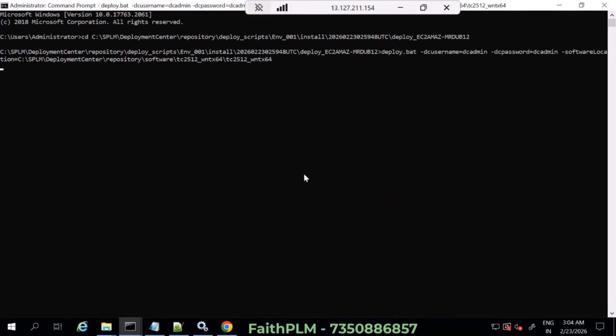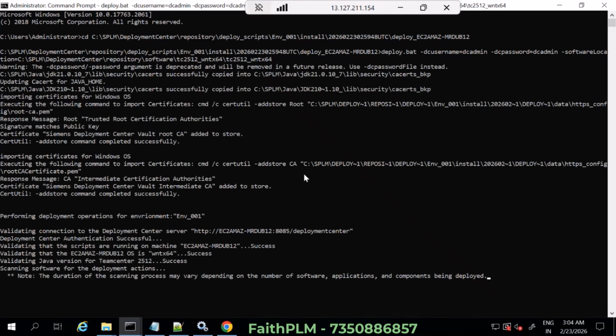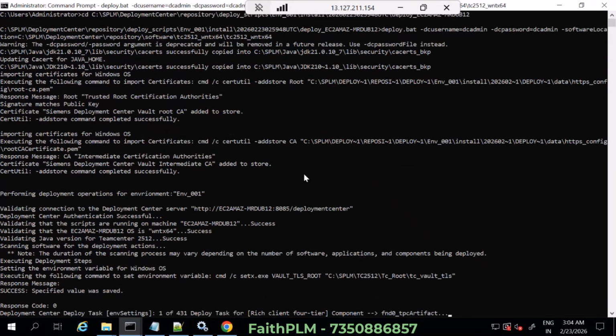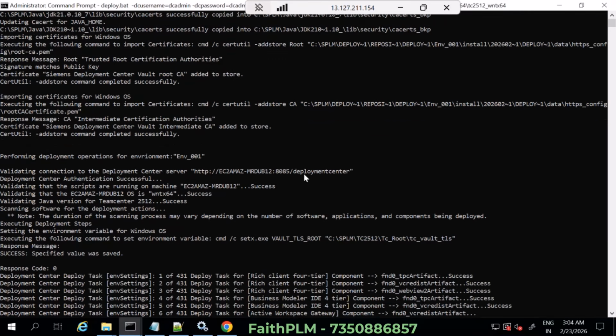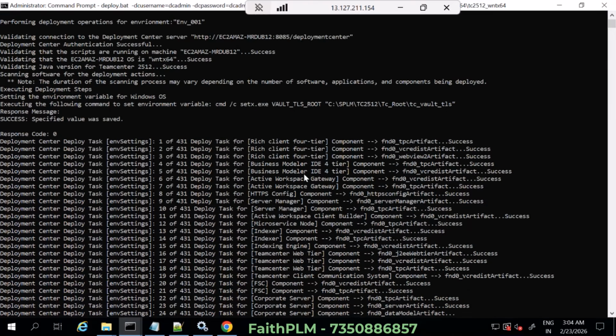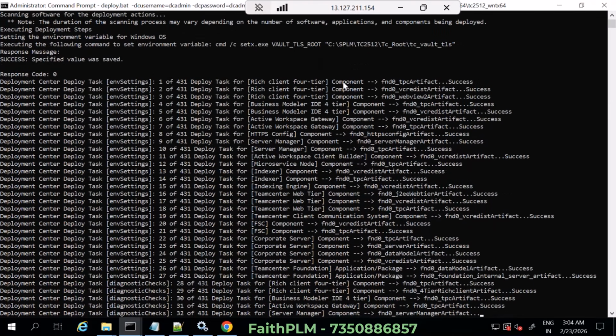Hit enter. This will start validating all these authentication things, validating whether the scripts are running on this machine or not. It will validate the Java version. It will validate the operating system and all. And these are the steps, 431 steps that it will start deploying. After these 431 steps are deployed,